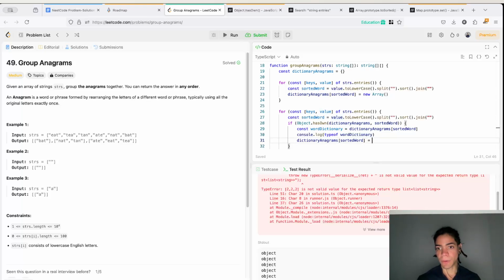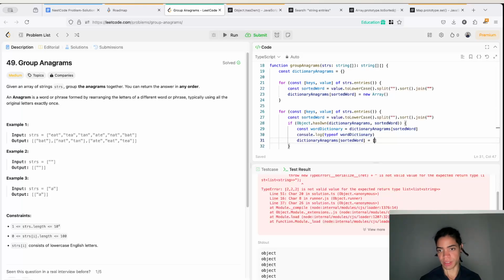All right, and then the dictionary sorted word at that key, I want you to now, with that key, I want you to